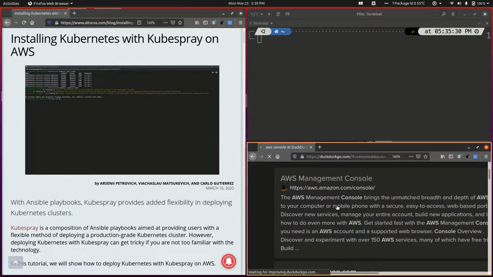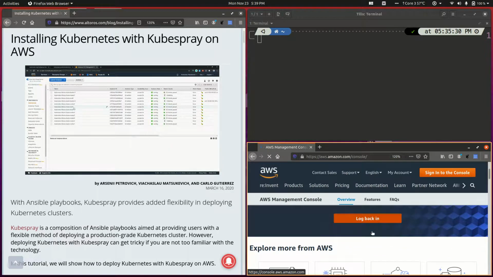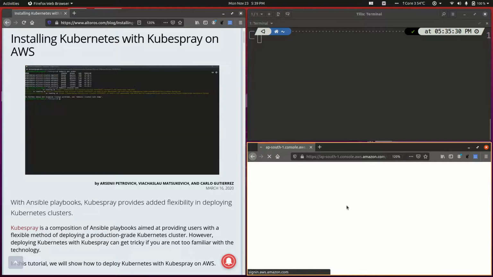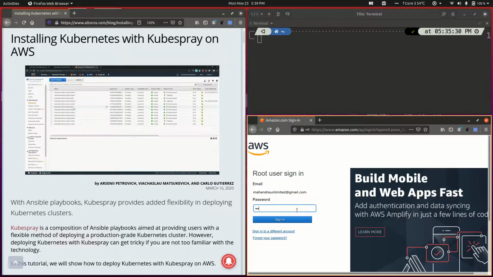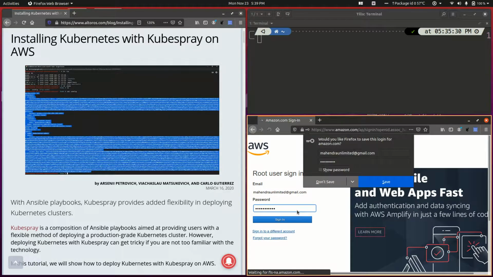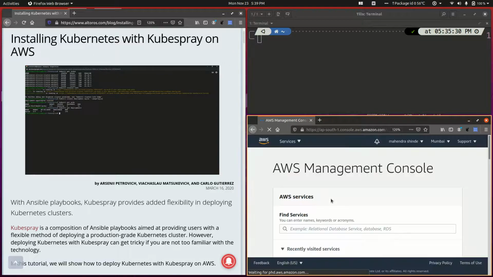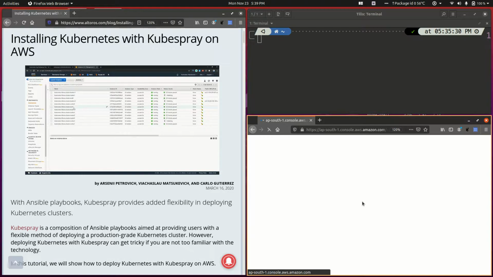This is my AWS management console. Let me log back in. I don't want to save credentials. Here is my AWS console. Let me quickly go to the EC2 dashboard.